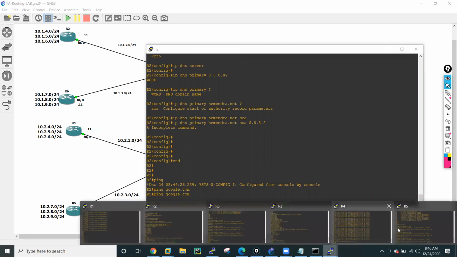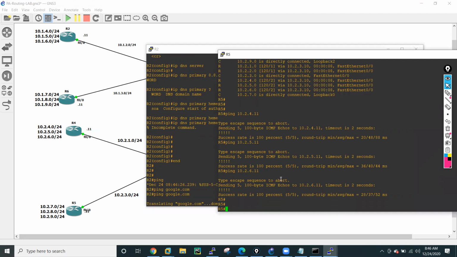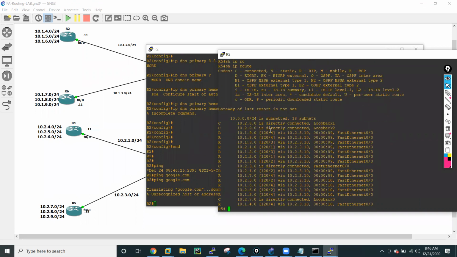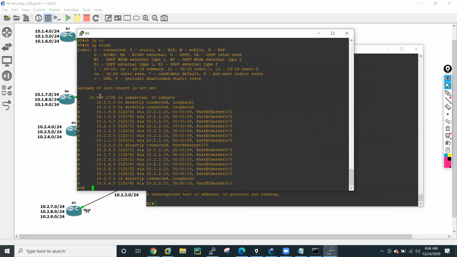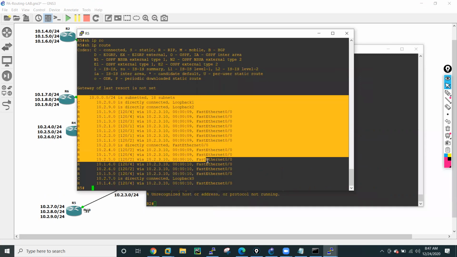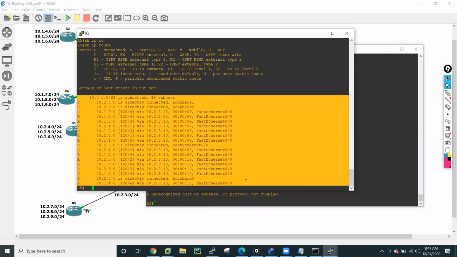So what I can do, let me go into R5. If you see the routing table of R5, IP route, right now you only have these routes, right? You will not be able to see a default route here. The default route is not there in the routing table. So now you require a default route, because if this router wants to send data